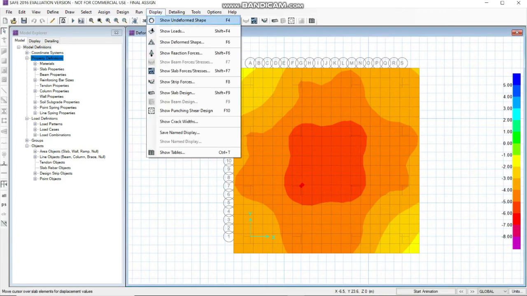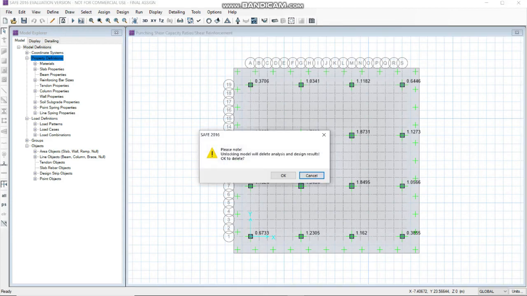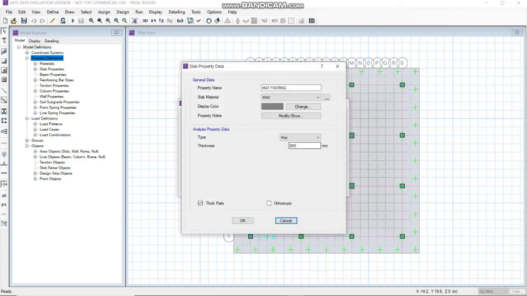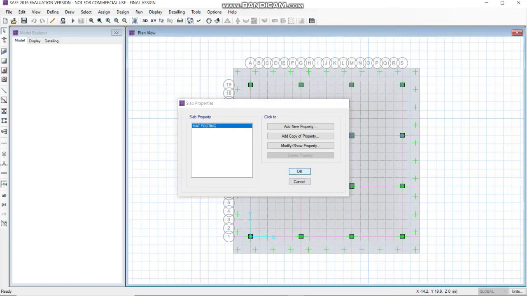Now go to display, show punching shear design. Still we have values which are more than 1. Unlock the model, go to slab properties, modifier, show property, make this 1200 mm, click on OK, click on OK.